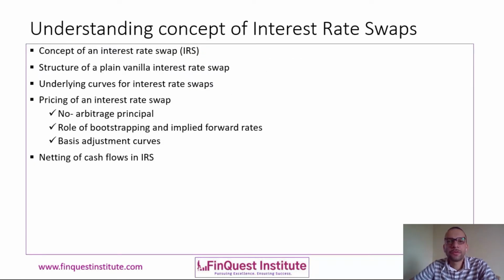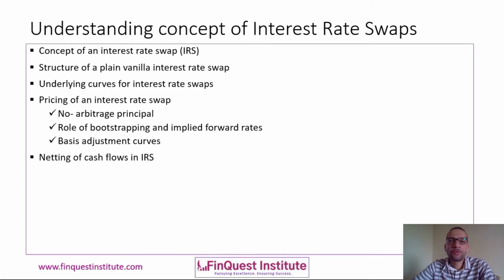Understanding the concept of interest rate swap, or IRS for short. So an interest rate swap is a derivative contract whereby two parties enter into a transaction to exchange cash flows at periodic intervals in time. For example, if I'm entering into a swap transaction with a counterparty, let's say it's a 1 year swap with quarterly payments, then I'll be exchanging 4 payments with the counterparty throughout the 1 year.